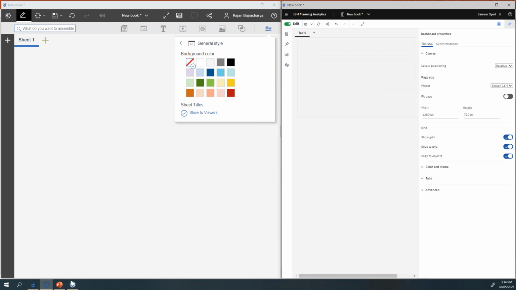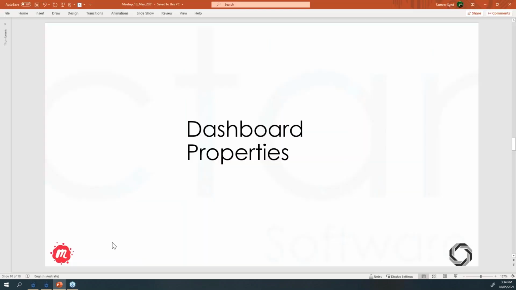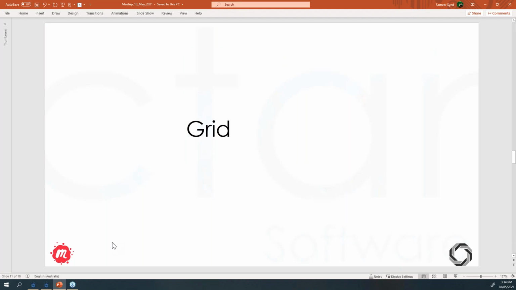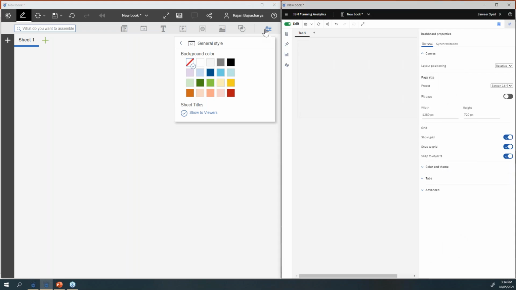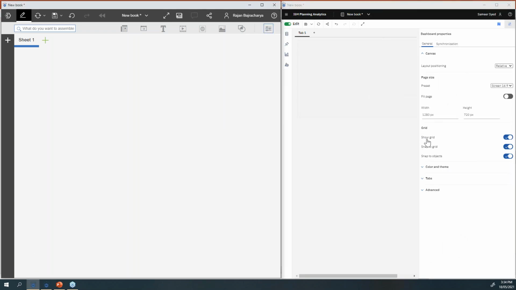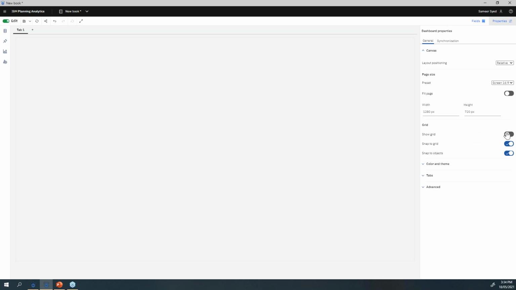Right, I'll move to the next feature, which is probably a grid. Now, it might sound like a small feature, but it is really powerful. Probably I want to go through this a bit more in detail. So we have this option called grid, where I can switch on and off. Maybe I'll zoom this a bit more. So when I switch this on, you will find there are some lines, the grids you can see here.